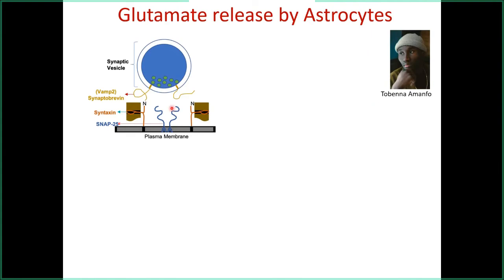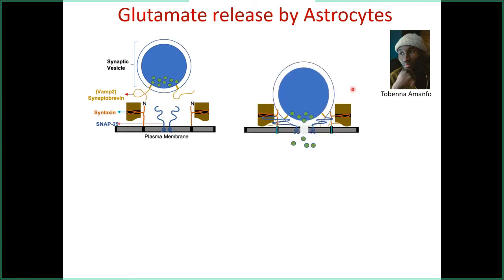So astrocytes have been shown to express the SNARE complex. They were shown to have vesicles, we call them exocytotic vesicles, containing gliotransmitter. They also have the SNARE complex proteins. So one of the ways is when calcium enters the neuron. This is what happens in neurons. When calcium enters the neuron, it causes a conformational change in synaptobrevin, contacting syntaxin in the SNARE complex, and then causes the fusion of the vesicle, and neurotransmitter is released.